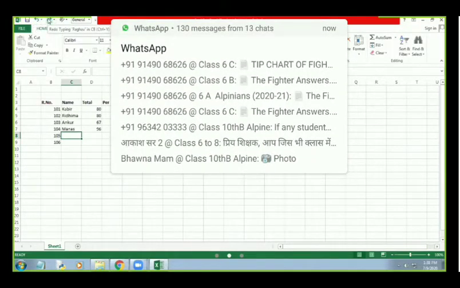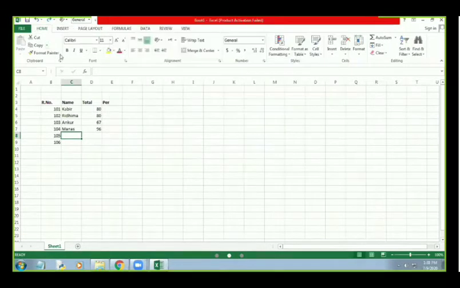So if we have to remove the last action that we have performed, it was Raghav, then we can click over this symbol, and the last action will be undone. Okay, so this is with the help of the quick access toolbar.